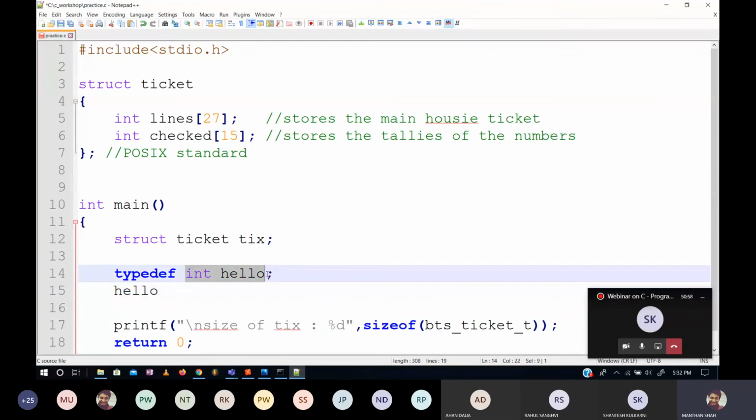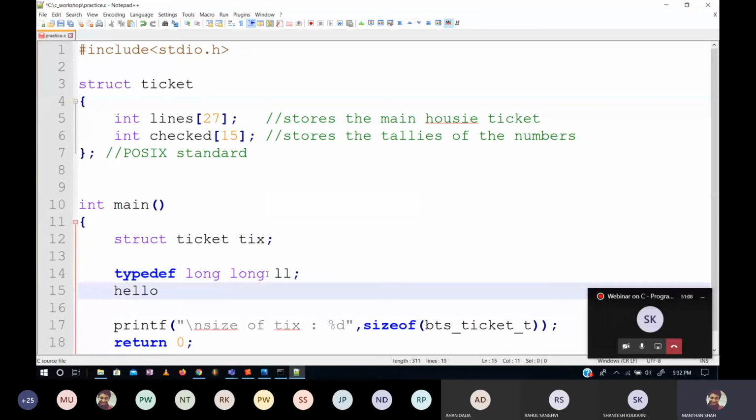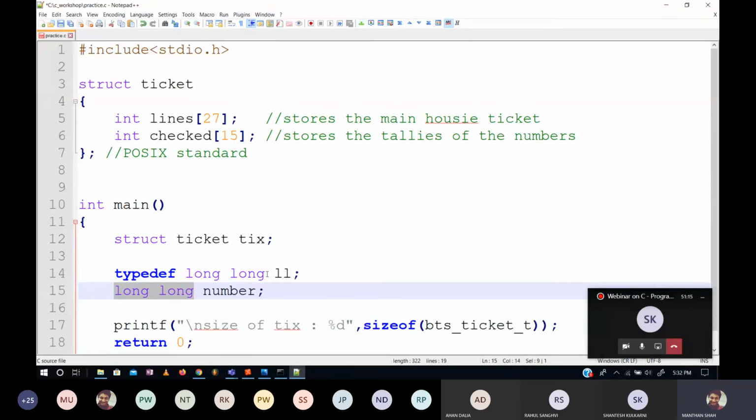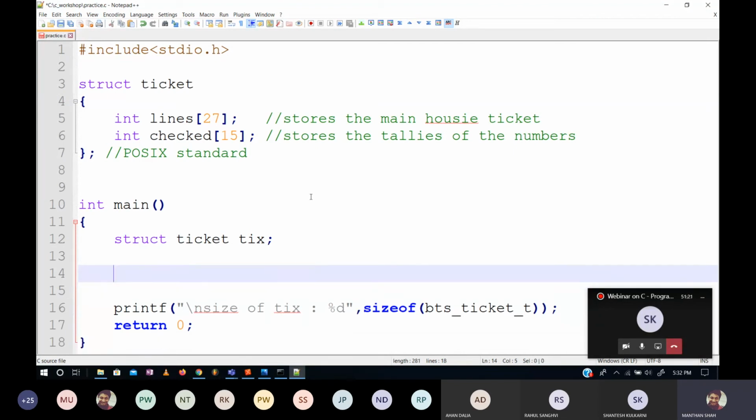For example, there is a data type called long. अभी long लिखने को कौन इतना मेहनत करता है? And programmers लोग are very आलसी. So what they do is typedef long as ll. So instead of writing long some number, I will instead write ll. Meaning same hai, but I am writing much fewer characters now than before.